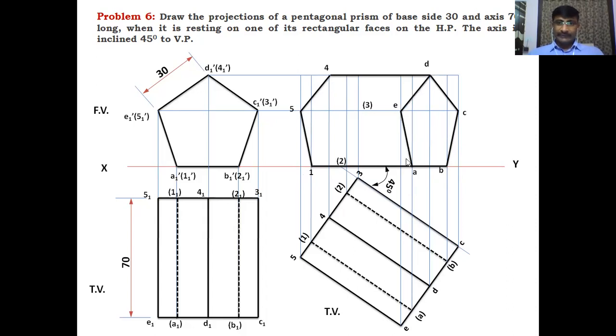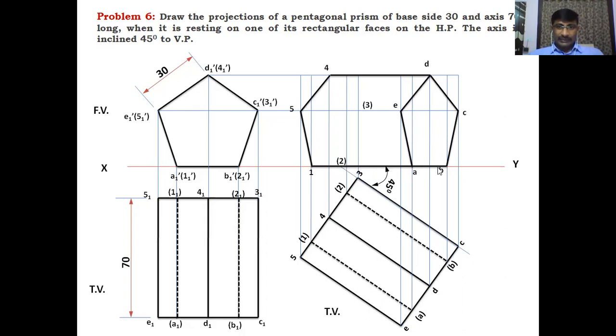AE, ED is the visible base. It is a visible base. That's why I am drawing with a dark pencil, joining those points with the dark lines. And coming to the longer edges, one of the longer edges 4D is also already drawn. Another longer edge is 1A, also drawn.